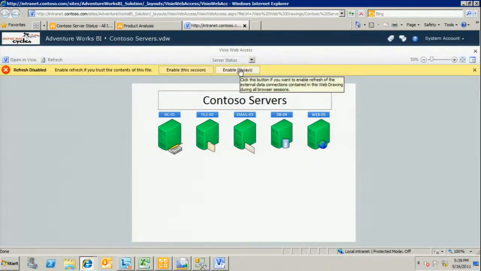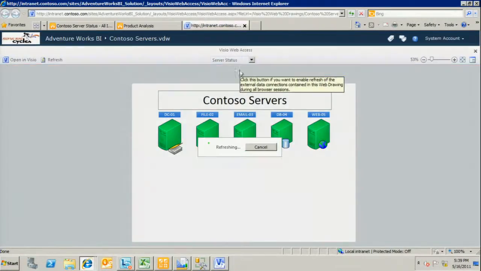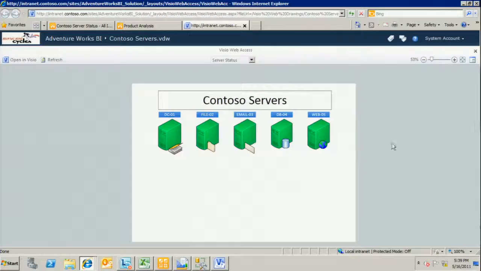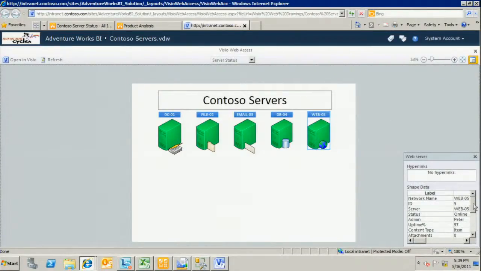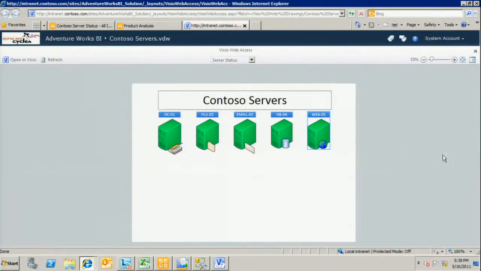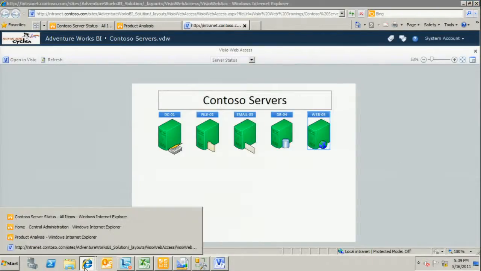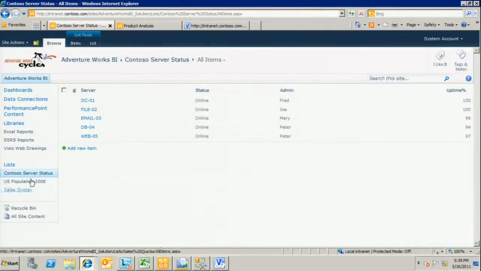By default, it doesn't trust the fact that there are data sources. I'm going to say enable those data sources. The selection of a shape does allow me to open up and look at the different properties of the shape. Also, we could define hyperlinks to link to other resources, and they'd be accessible from here. But where I'm going to go with this is, I'm going to return and update the status of our database server